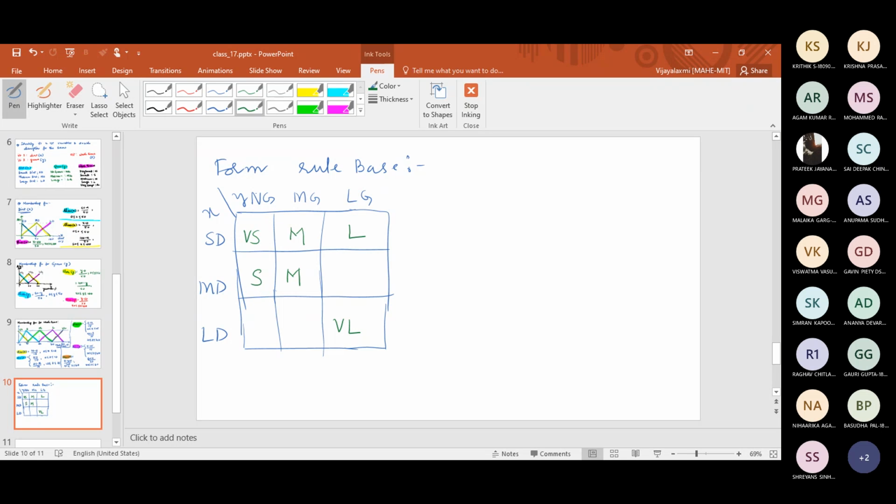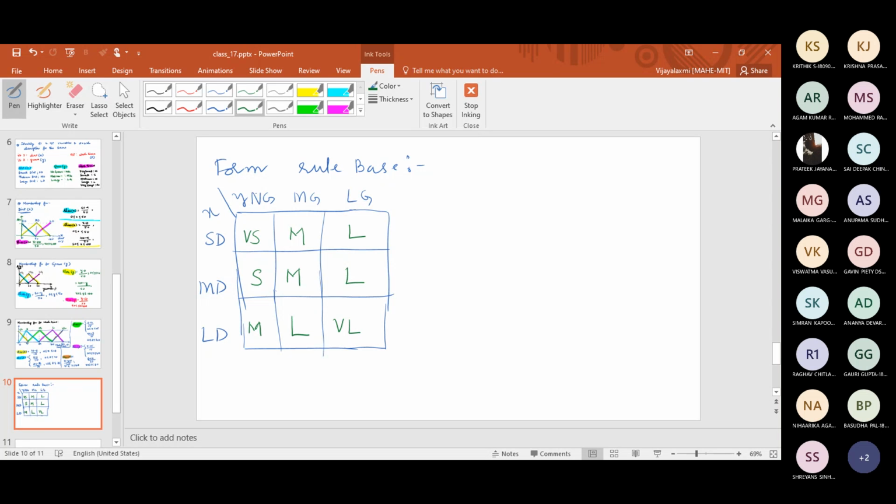Let me go for small washing time, and medium dirt and large grease. Let me go for L, large washing time, then large dirt and no grease. Let me go for say medium. You can fill L also, no problem. And say large dirt and medium grease, I am filling it by L. Okay. This is how you fill the